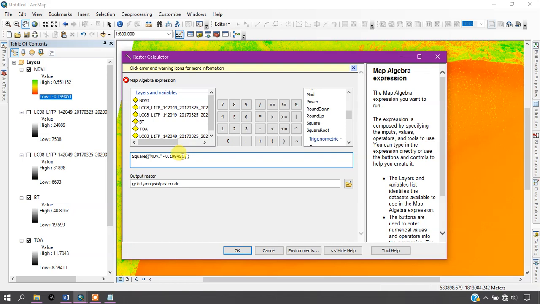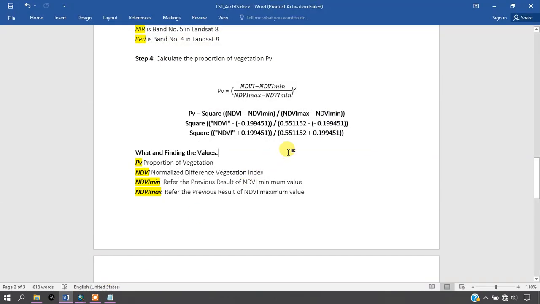Sorry, once again. Now we have to close this bracket, and now we have to open the bracket once again, and you can see here NDVI maximum minus NDVI minimum. I have made a small mistake here. It should be like this. I had added another extra bracket here, so I just removed it.